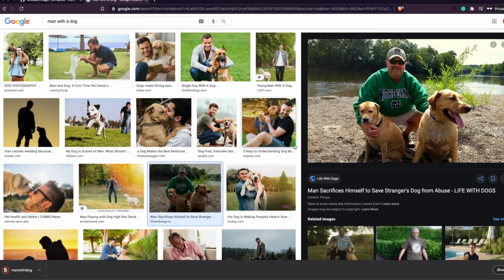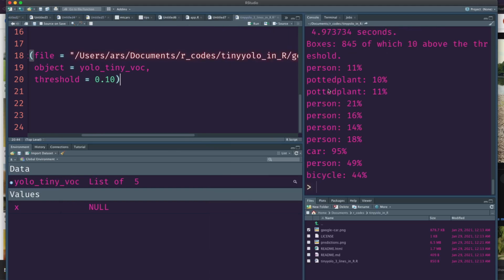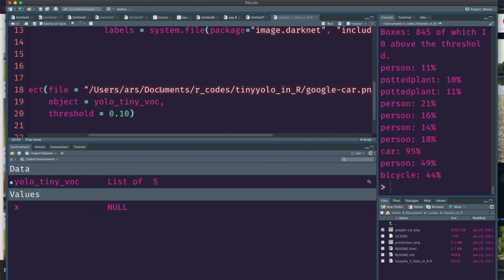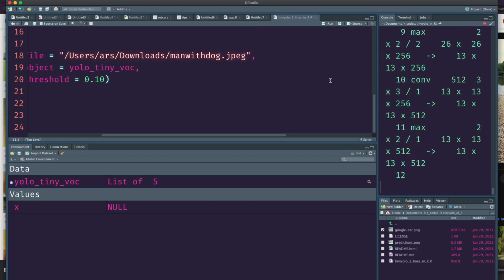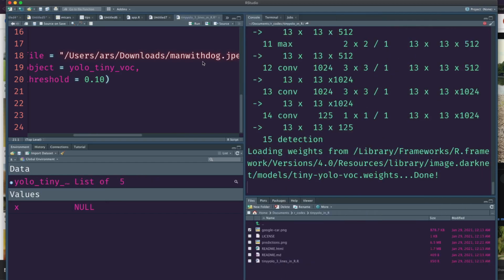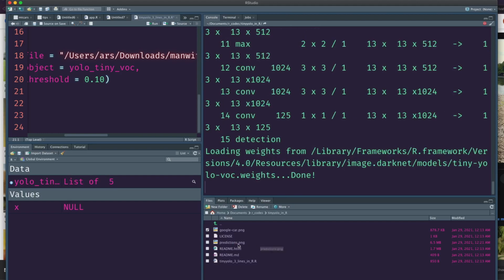Okay, so now let's go back to RStudio and then see the image, or I can just go to my downloads, man with dog jpg, and then let's try it out. So it's working, and then we can finally see the prediction. So that's done. The prediction would be in the current directory where we have mentioned this. So when we click this,